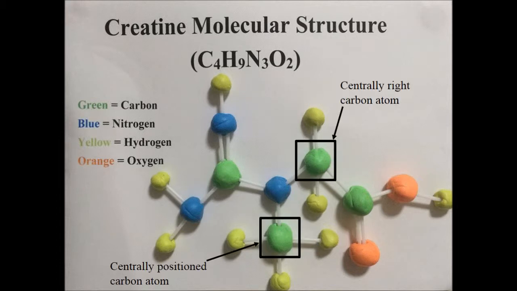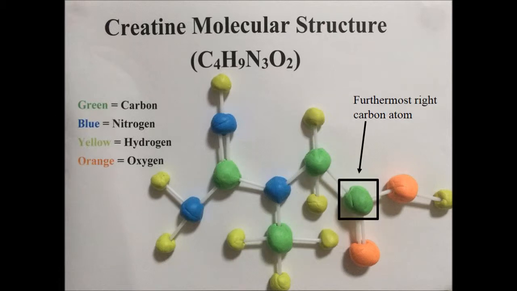The centrally positioned carbon atom is bonded to 3 hydrogen atoms, whilst the carbon atom positioned centrally right is bonded to 2 hydrogen atoms and 1 carbon atom. Finally, the furthermost right carbon atom is bonded to 2 oxygen atoms, with one of these oxygen atoms being bonded